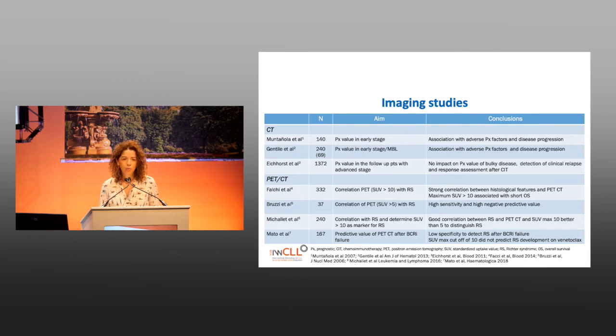In this regard, many groups have analyzed the role of CT and PET CT in CLL. As you can see here, there are several studies, and in summary, the two messages are that in early stages, an abnormal CT may predict clinical progression, and PET CT has been associated with the development of Richter syndrome. However, there are two caveats. There are false positive cases, and additionally,